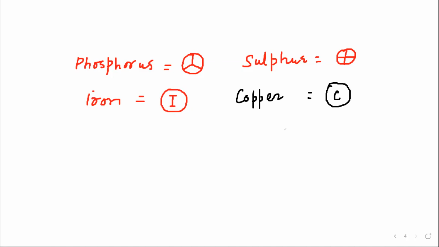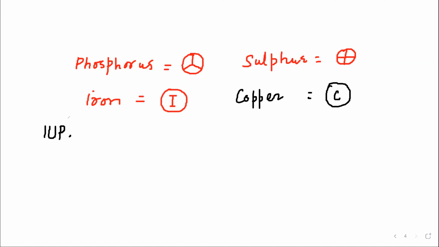But it was confusing. So that is why it has now been modified. We now have the modern symbols given according to the IUPAC rules. There are some rules according to which we give the symbol for various elements, whether they are already discovered or will be discovered in the future. We will give symbols accordingly. So that is your IUPAC.